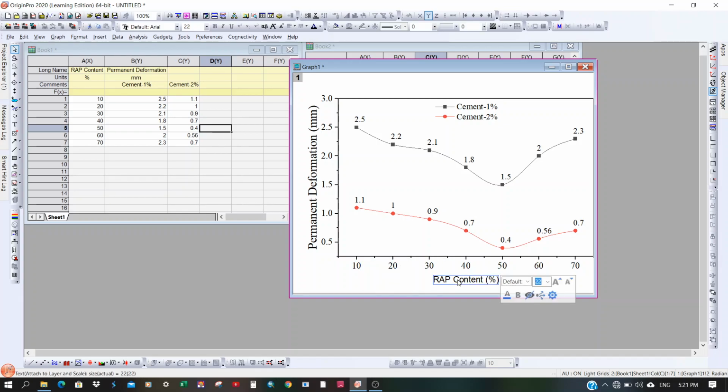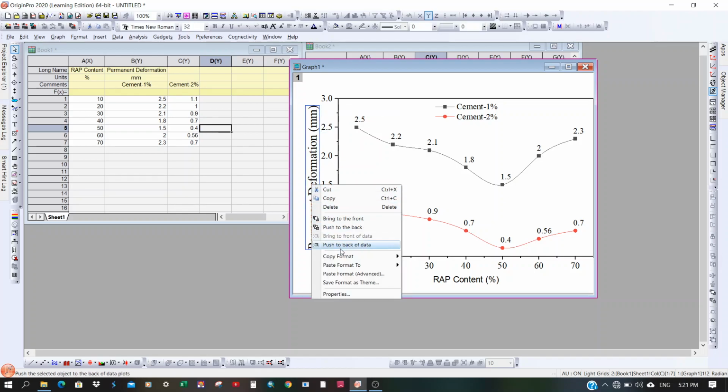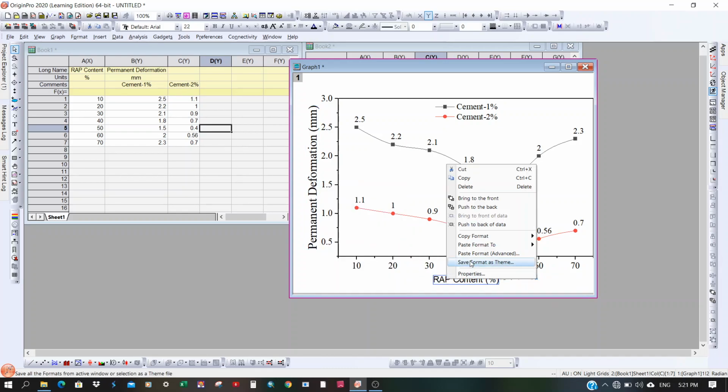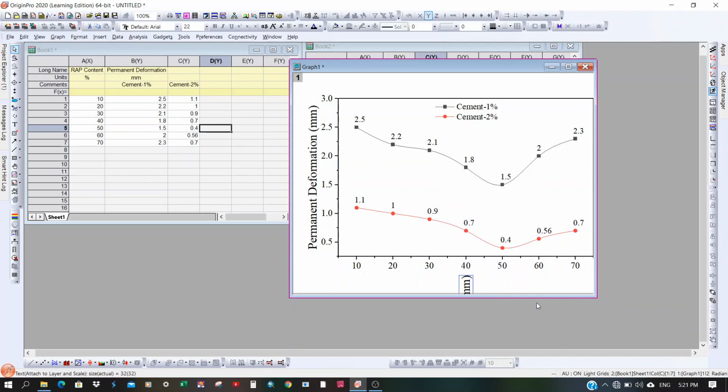Similarly, you can change the font style and font size of the x-axis title. Just click here, right click and select copy format all, and here right click, do the paste and select the option all.